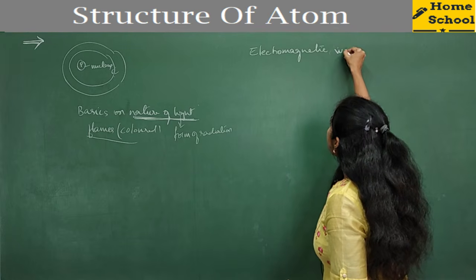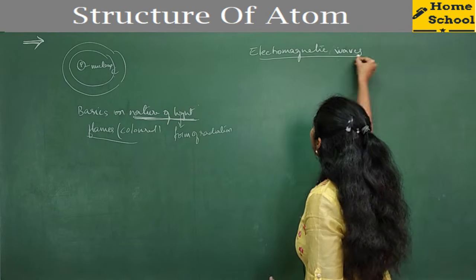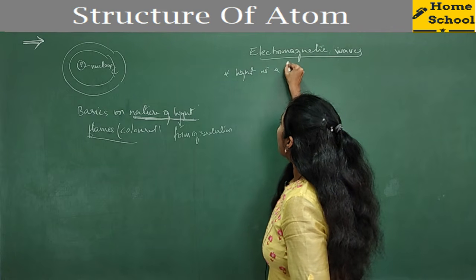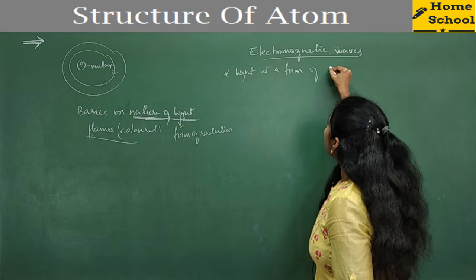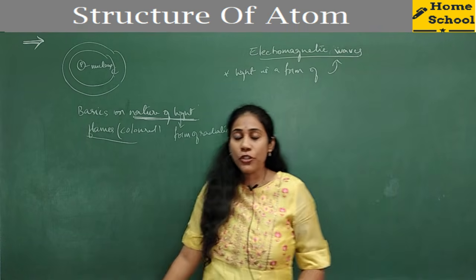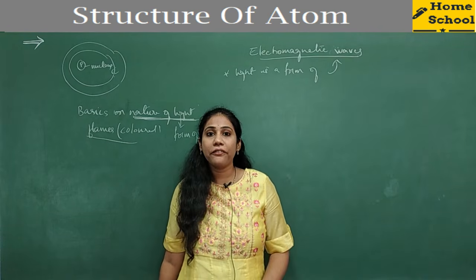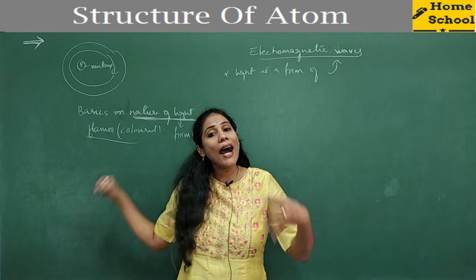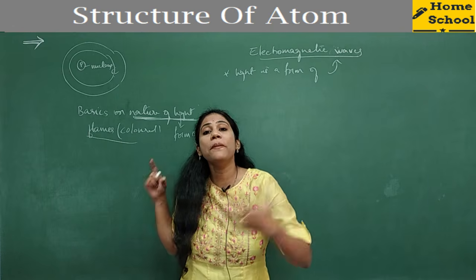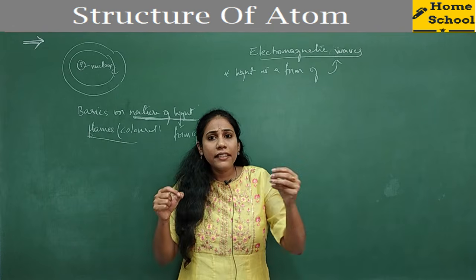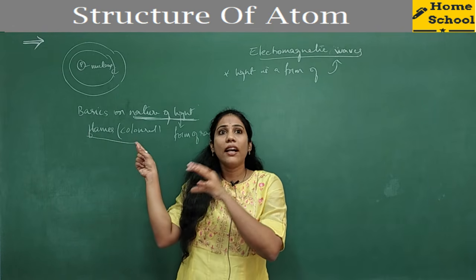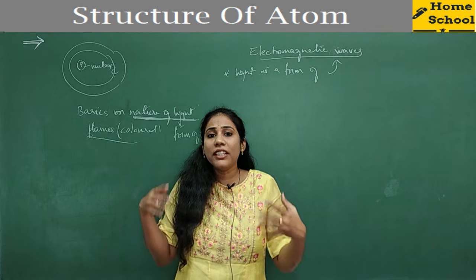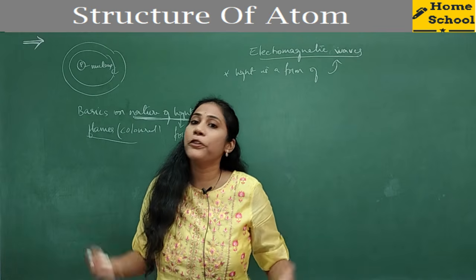So what I just told you, light is a form of electromagnetic wave. So what is this electromagnetic wave? There are different types of electromagnetic waves. How is this light coming from the sun? And the moment you switch on a tube light or an electric lamp, the light comes from the lamp or tube light. How is this light actually getting produced, guys?